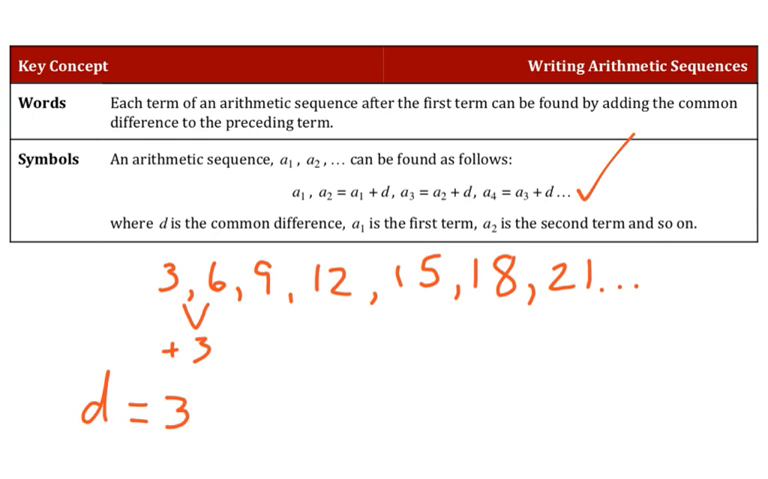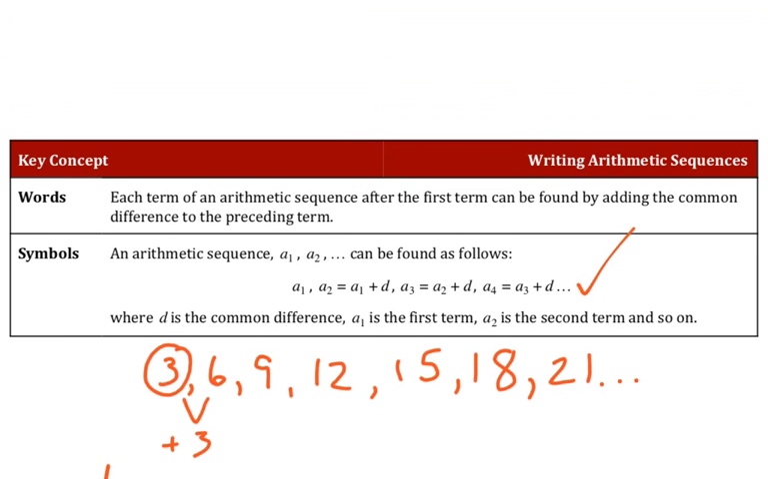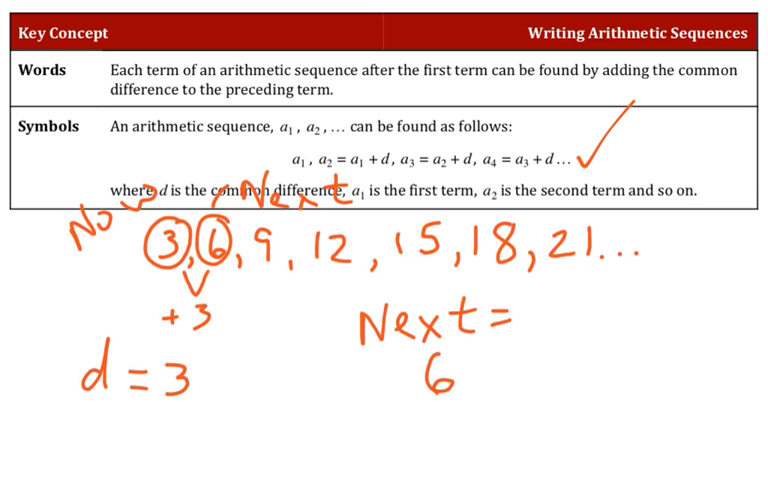Now I'm going to talk about this being the now term. And when I say now, I mean that's the one I'm looking at right now. And I'm going to talk about 6 being the next term. And this is all red because I'm just talking it out. So I know that if I want to get the next term, which would really be 6 in this problem,